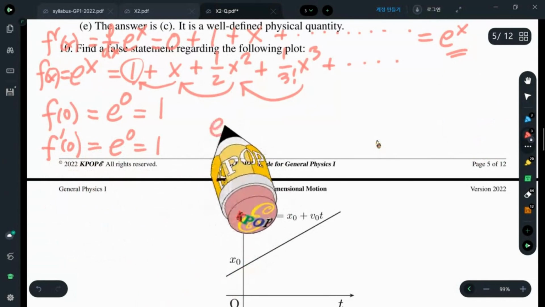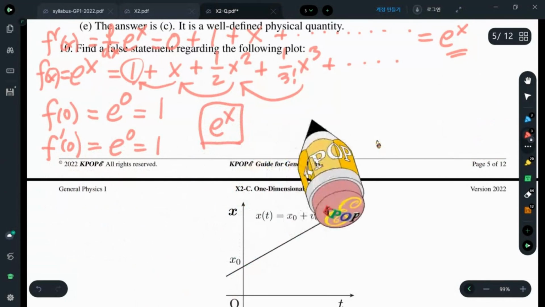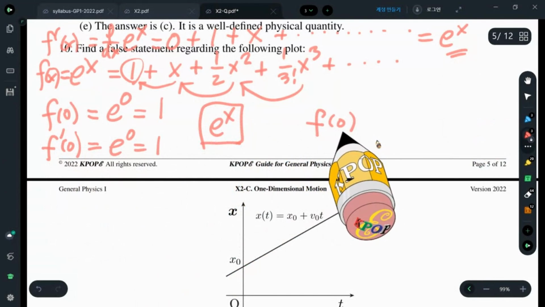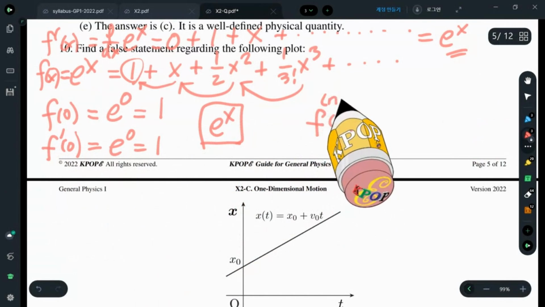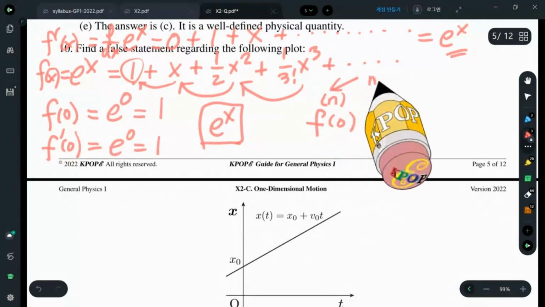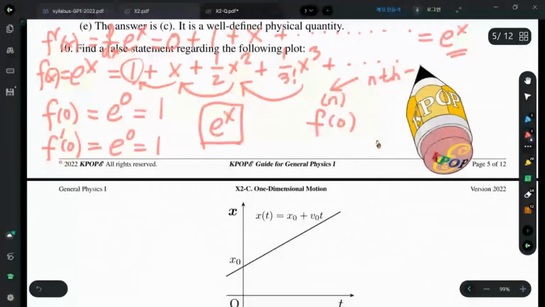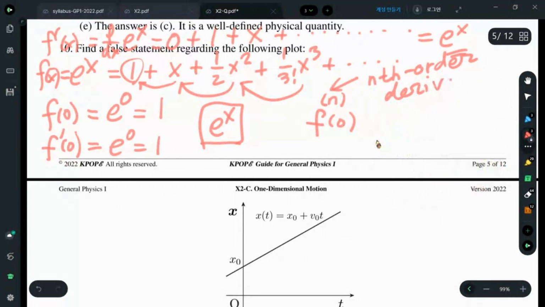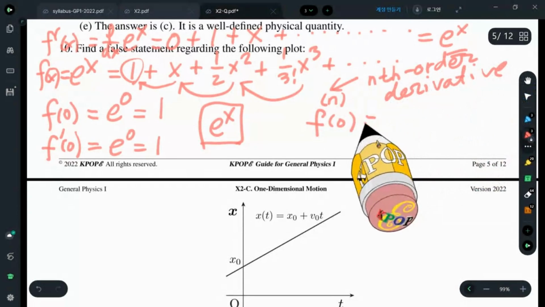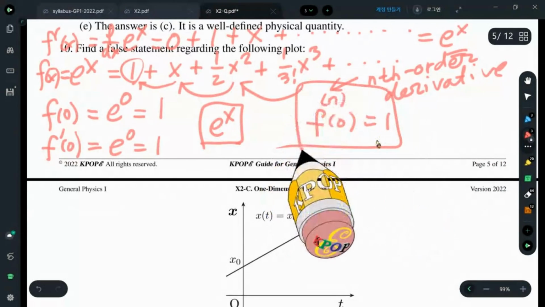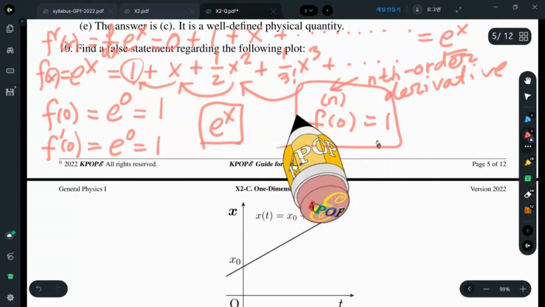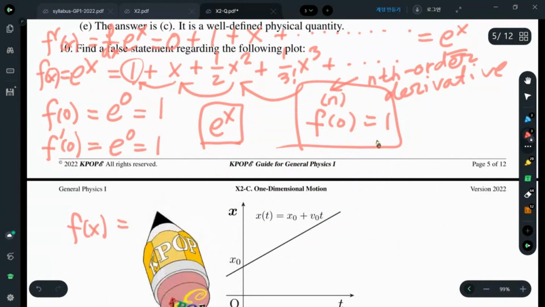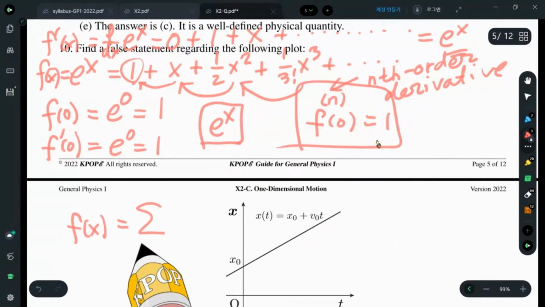That means exponential is a very unique function whose derivative at the origin, here n means nth order derivative, is always 1. From here, we can learn this. Any differentiable function has the form